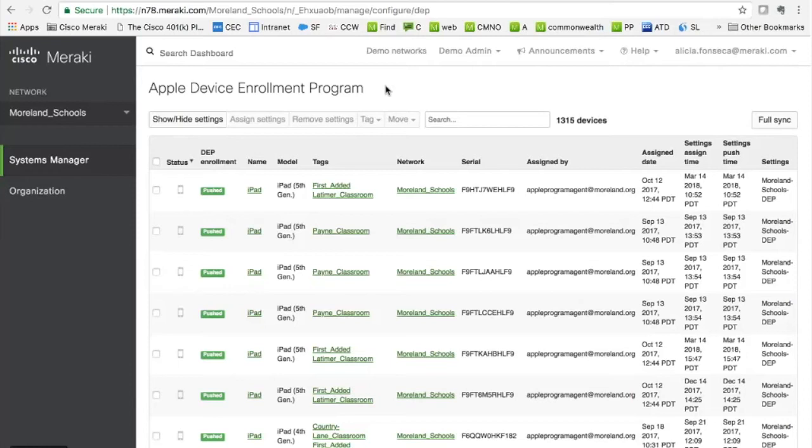Exactly. So with DEP, you can enroll all of your devices, taking complete and permanent ownership over those. And what's really cool about DEP is we have an integration with it. So as you can see here, we are pulling the DEP information from Dennis's DEP account, and it's all populating here. So all the devices that Dennis has at his DEP are showing here within our Systems Manager. And what's neat about this is it's going to unlock